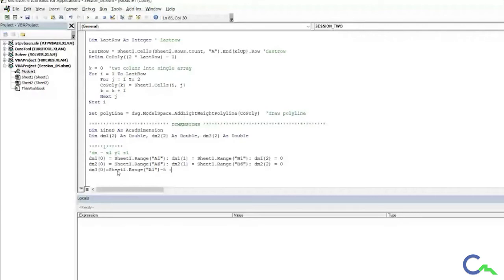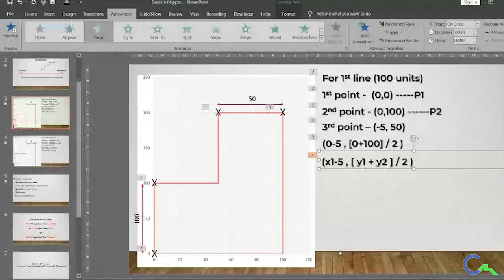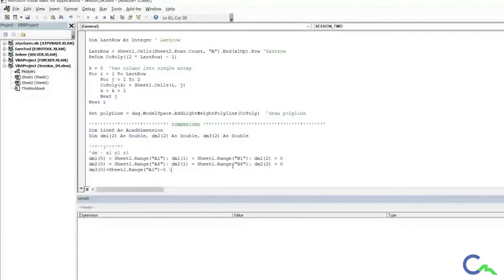And what about y1? The y value is y1 plus y2 by 2. That means dm3 of 1, that is the third point, second value, will be this plus the y2 value divided by 2, right?